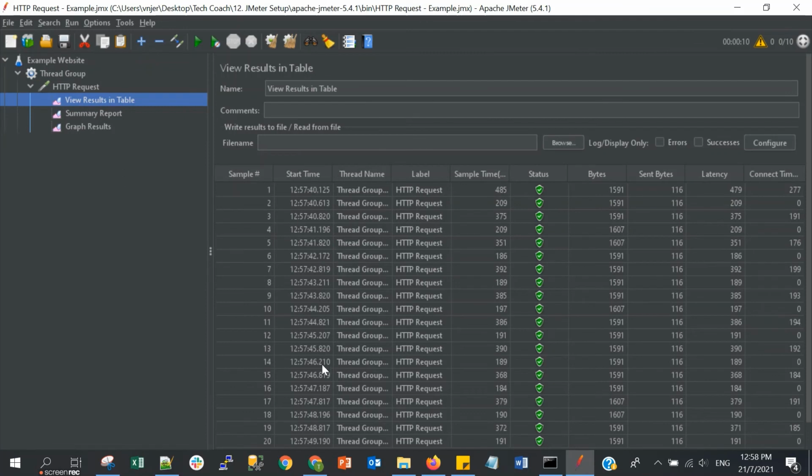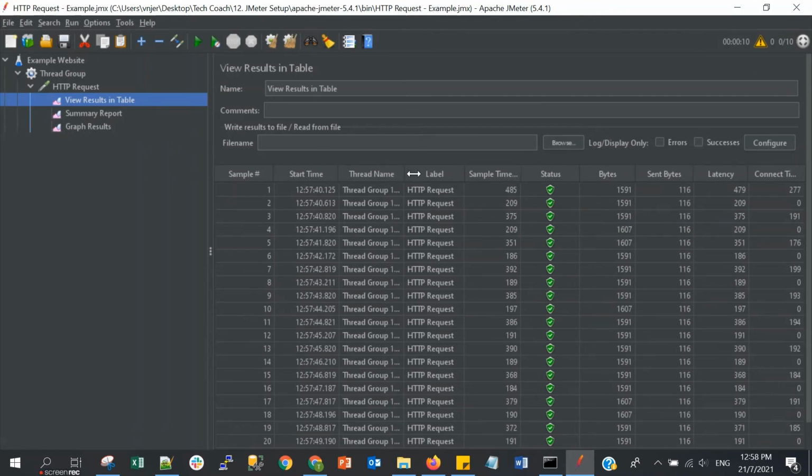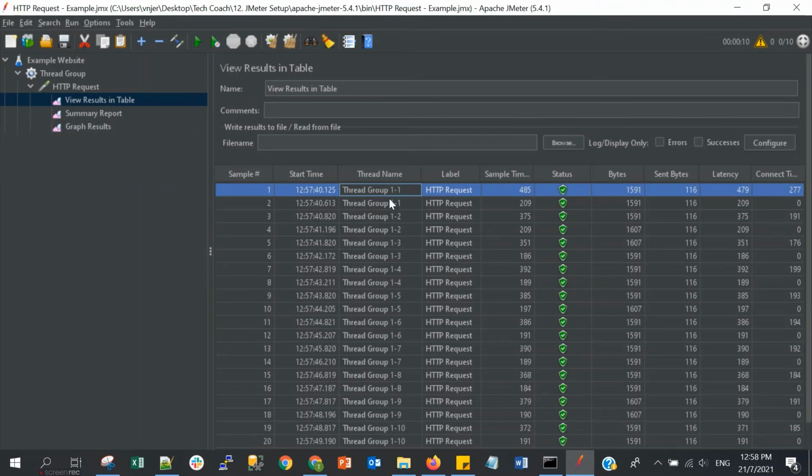If you see the result here, we already triggered 20 requests to example.com, and you can see this one thread group 1-1, 1-1, meaning because we have 10 users, each user triggers 2 times. And if you see the seconds here, the time now is 12:58 at my time, so the trigger was done at 12:57.